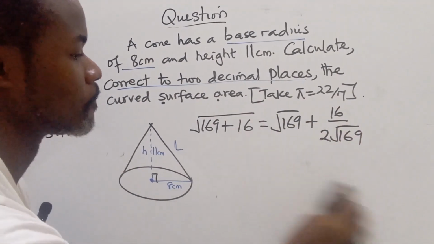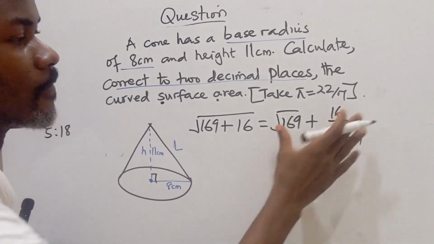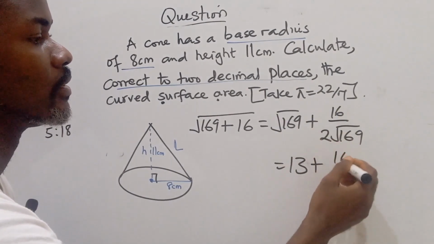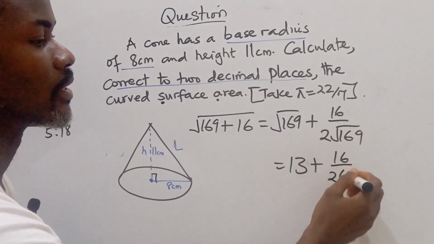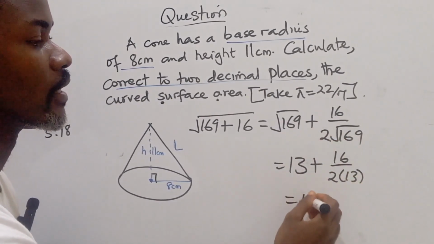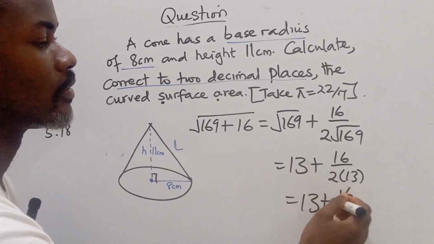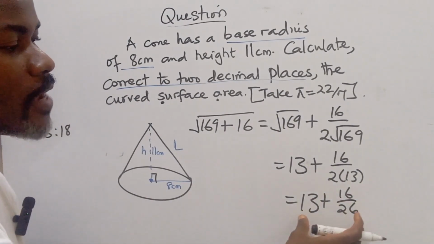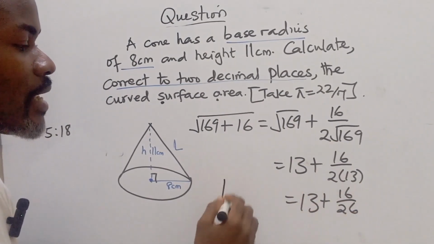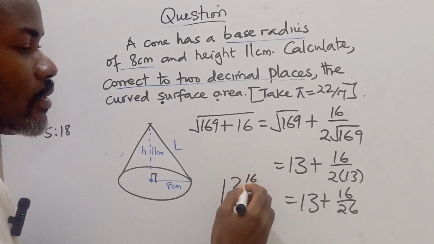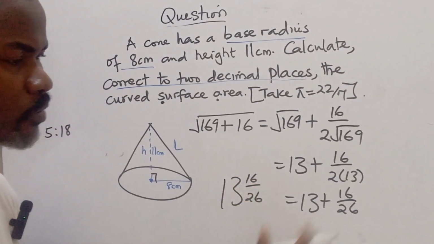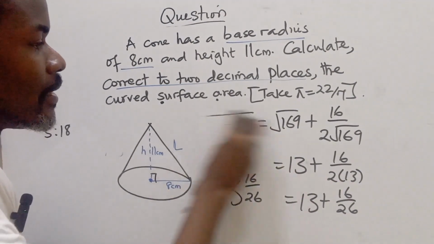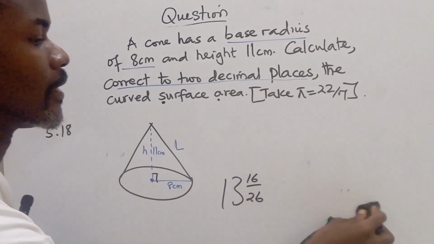Alright, so we are going to solve this further. So this is 13 plus 16 divided by 2 times 13. So this will give us 13 plus 16 divided by 2 times this, which is 26. Now when we're adding something like this, we can write it as 13, 16 divided by 26, and just join it. So this is the value of our L,